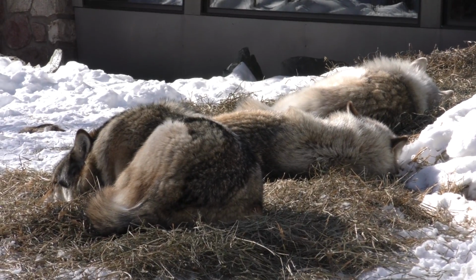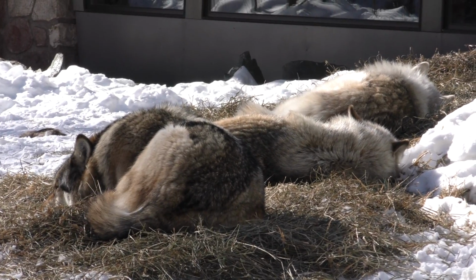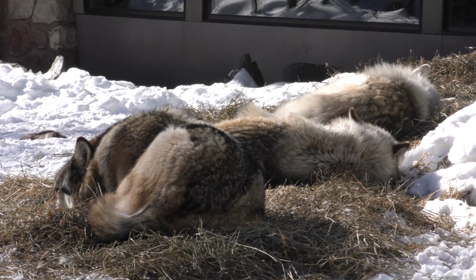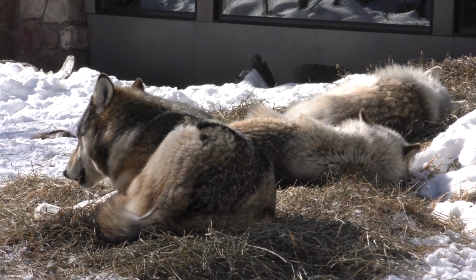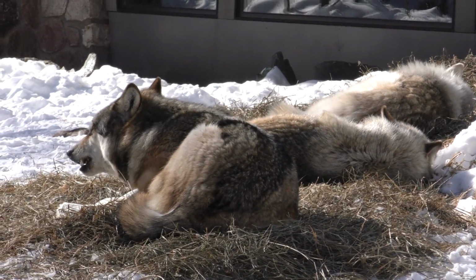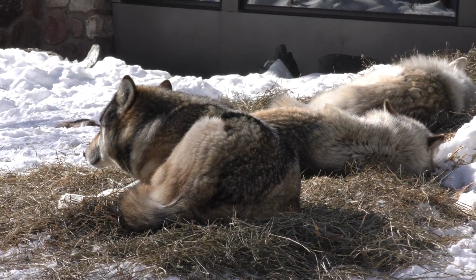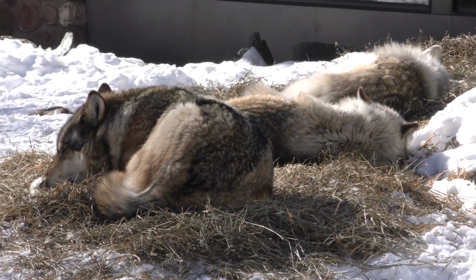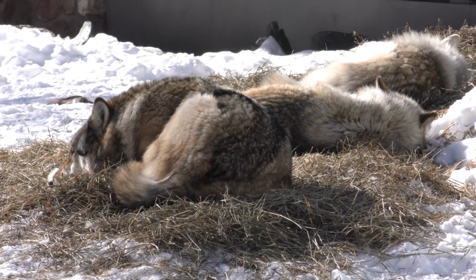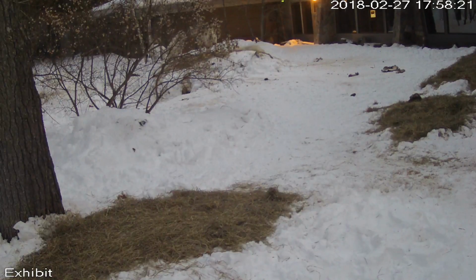And that's pretty much the best news that we have this week, is that we've had a lot of progress with Aiden. He's come to the fence to get his meds on several occasions for wolf care staff. He's definitely showing a little bit more courage, and that's likely to continue as the spring progresses, because the hormones are going to change. But there are still times when we do see some more dominant type hormones,